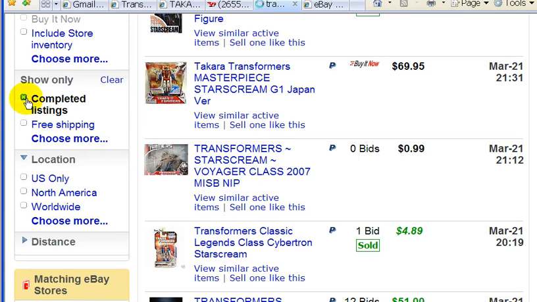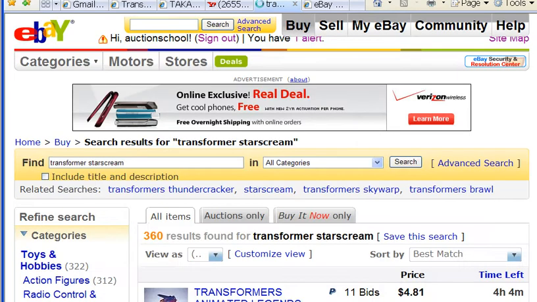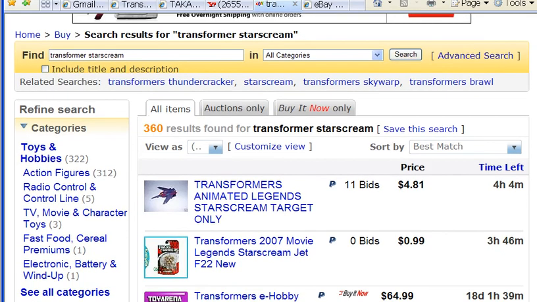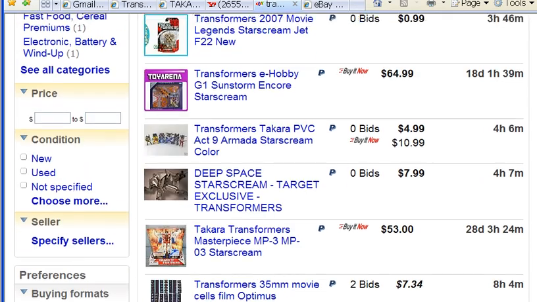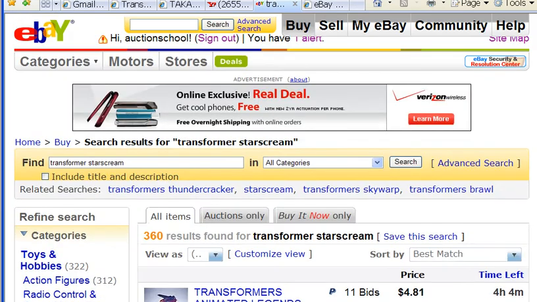Okay, so my computer's a little slow today, but I'm not going to take too much time doing this. So right now I'm going to skip to the next process, which is to take a photo of my item. And then after that, what I would do is write a description on it,